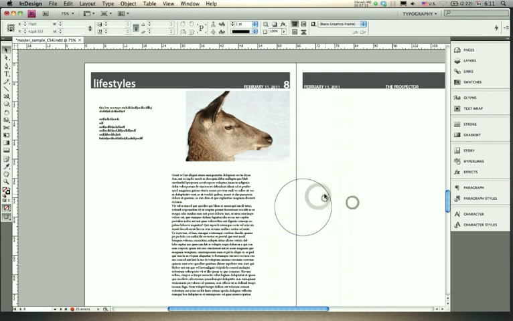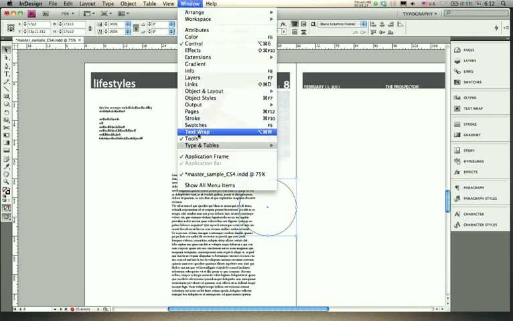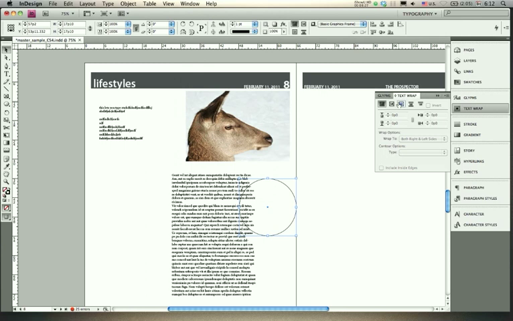Now in Microsoft Word, text wrapping works by setting the image to cause text wrapping, and it's kind of similar in InDesign, except instead of using the image to cause text wrapping, you want to use the frame that contains the image. So you can actually customize the interface here to have the tools, and I've put text wrap here because I use it quite a bit, but it probably won't be there. So just go to Window, Text Wrap, and you'll see these options. So click this, and it'll cause the frame to